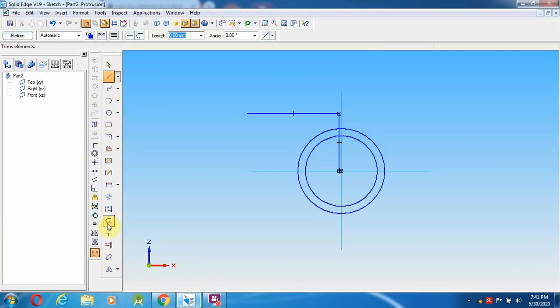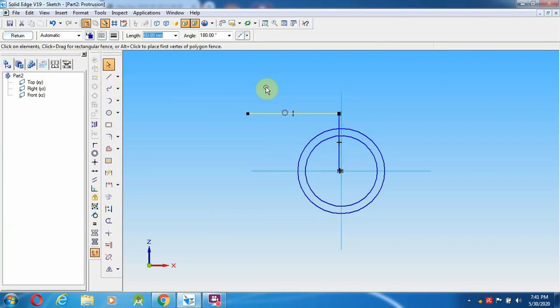Go to over here, 22, angle is 0. So after 22 mm you have to make that line towards down. Okay, same fashion you have to do over in the bottom also.